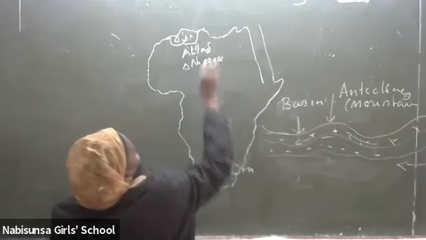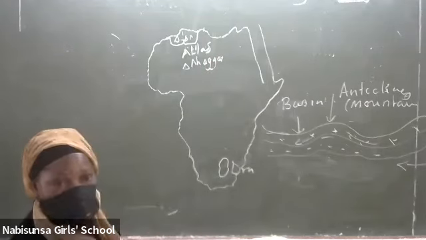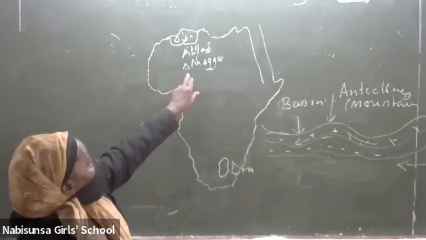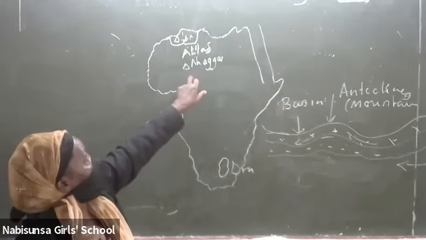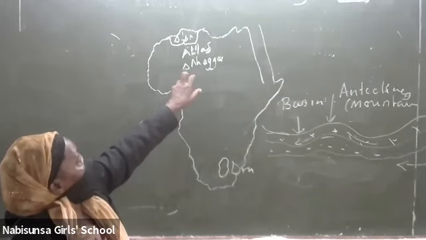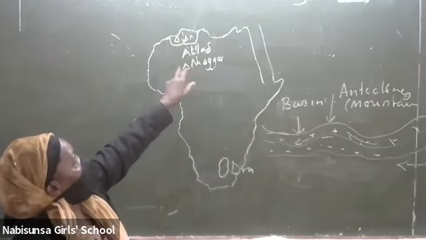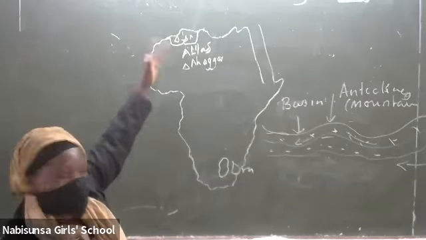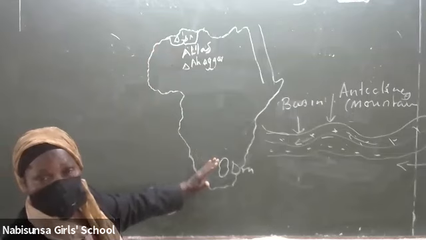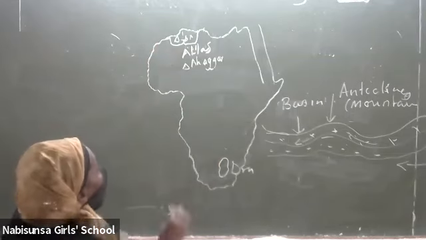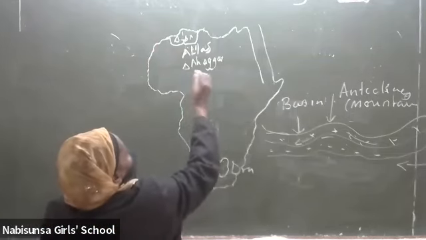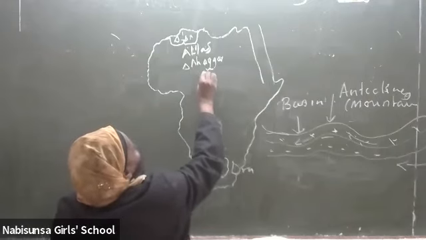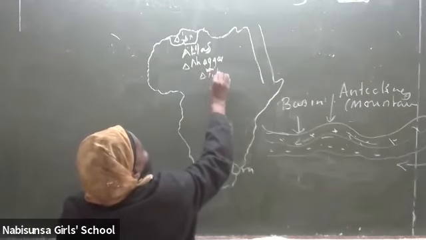There is also Mount Ahaga, or the Highlands, which are in Africa. Those two are in North Africa. This one is in South Africa, but we are moving slowly. So we have those ones, the Ahaga, and we have Tibesti,